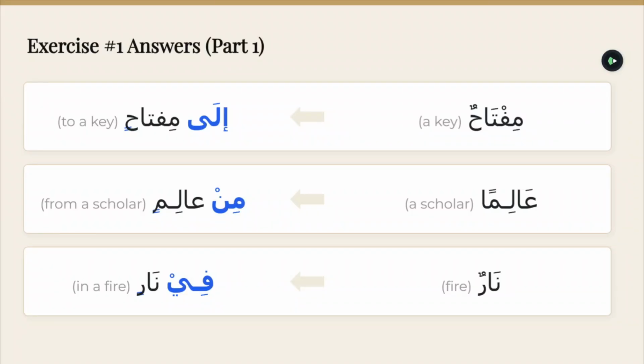words, and we want to add حروف الجر, الحروف الجارة, to those words, and then apply role position reflection. مفتاح means a key. Okay, we're going to add any of the حروف الجر. Now, obviously, depending on which حرف الجر you add, the meaning will change. I've added إلى over here. If you add a different حرف الجر, you will have a different meaning. So you can use any حرف الجر you want. If I chose a specific حرف الجر and you use a different حرف الجر, that's not a mistake. That is completely fine. But in terms of the effect that حرف الجر has, you have to ensure that effect